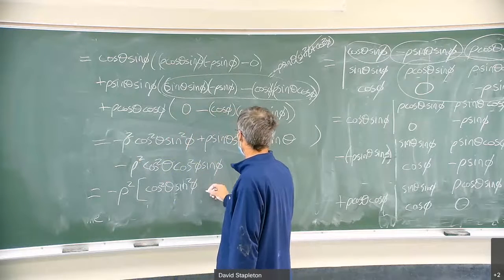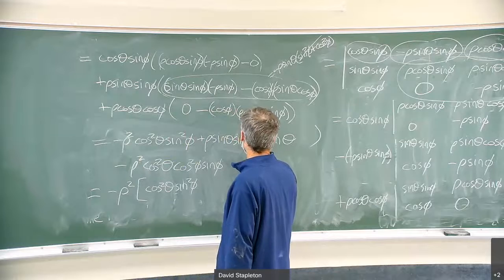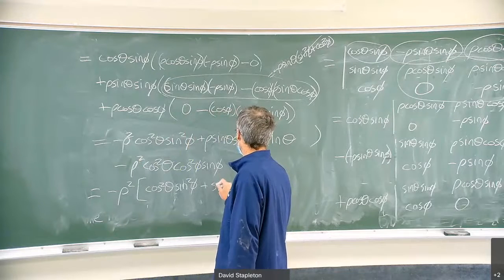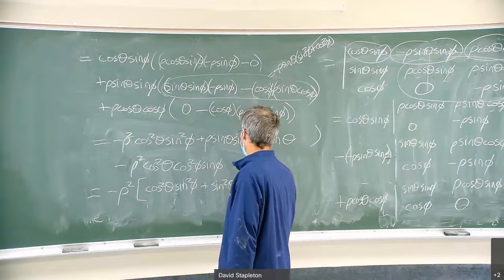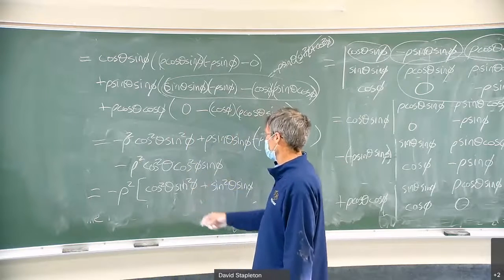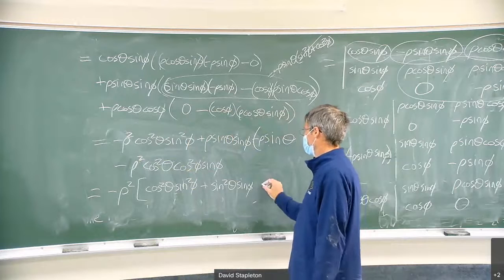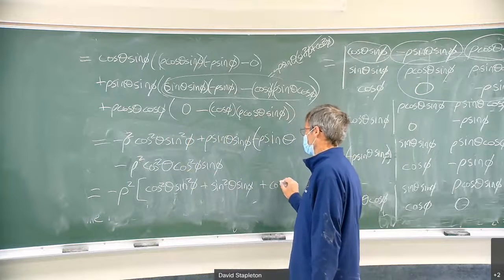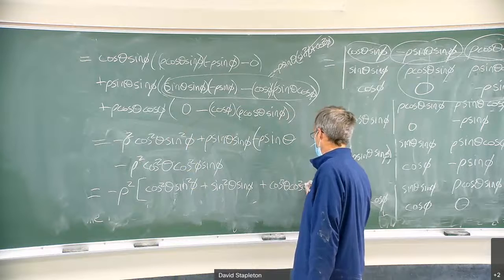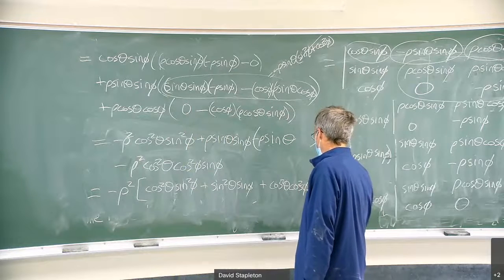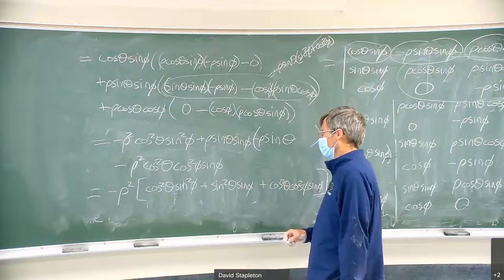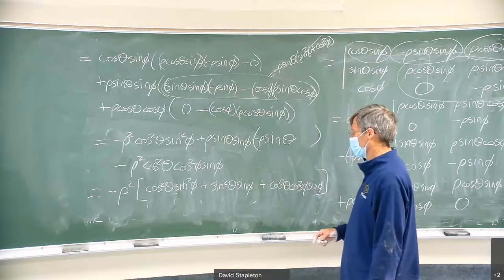This one gives sine squared theta sine phi and this one gives cosine squared theta cosine squared phi sine phi. And with a little finagling here, look, we've got